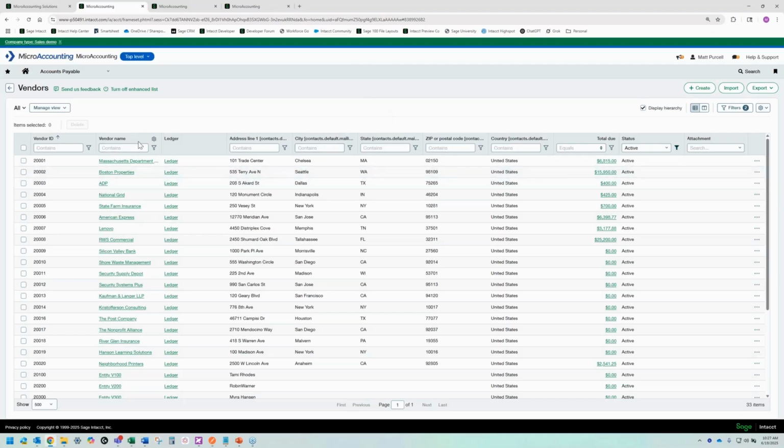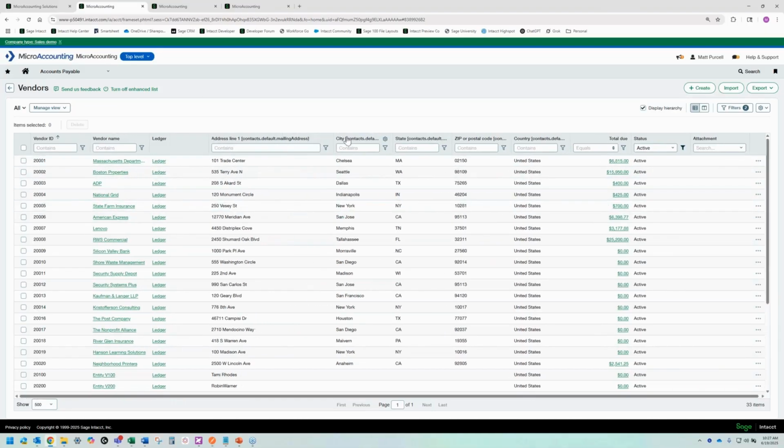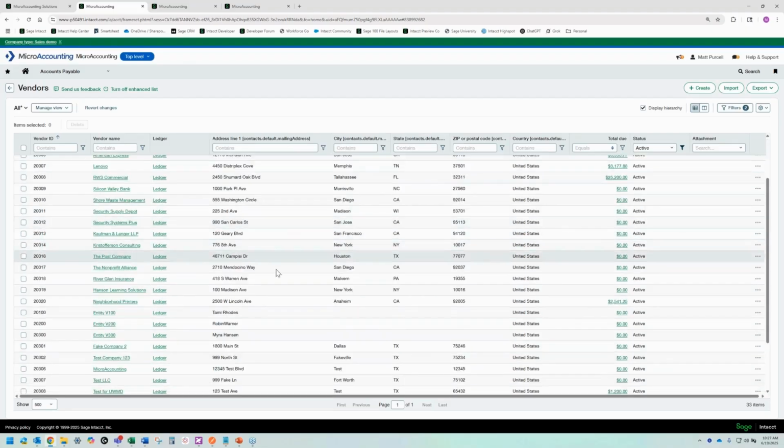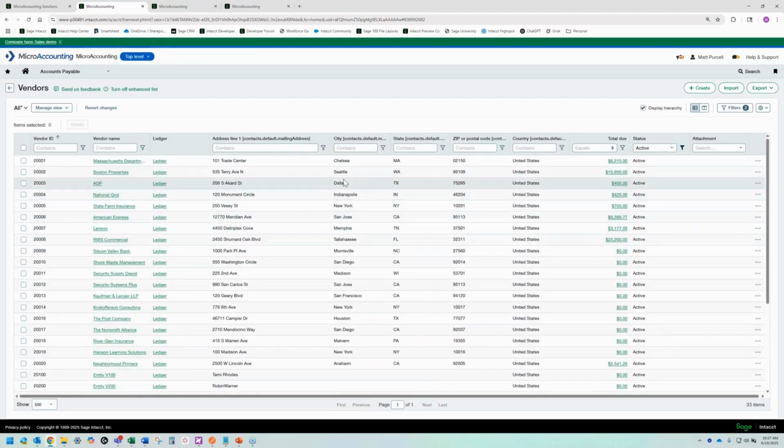Some of the advantages are that with this vendors table that I'm looking at right now in this enhanced list view, I can resize these columns. For example, this address line 1 is kind of being cut off here. If I wanted to resize this, I can just drag and drop that, and it'll resize that column to fit the entire way across if I want to.